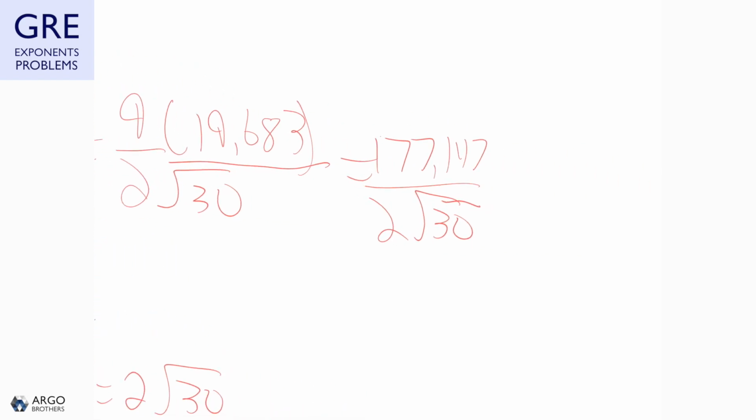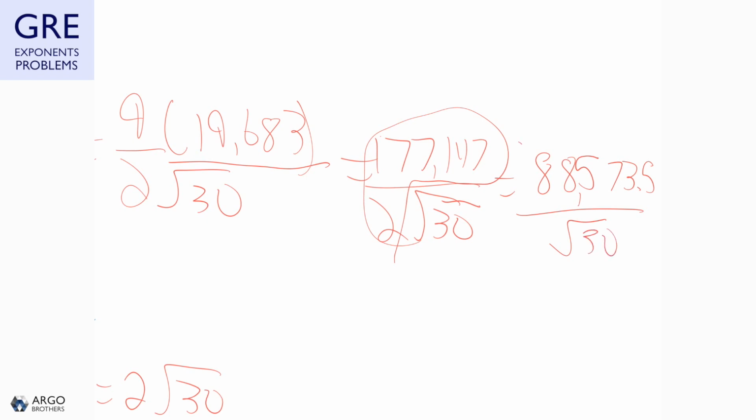We can go even further just by dividing that number by 2 if we want. And so we get 88,573.5 divided by the square root of 30. All right, awesome. And so that's the